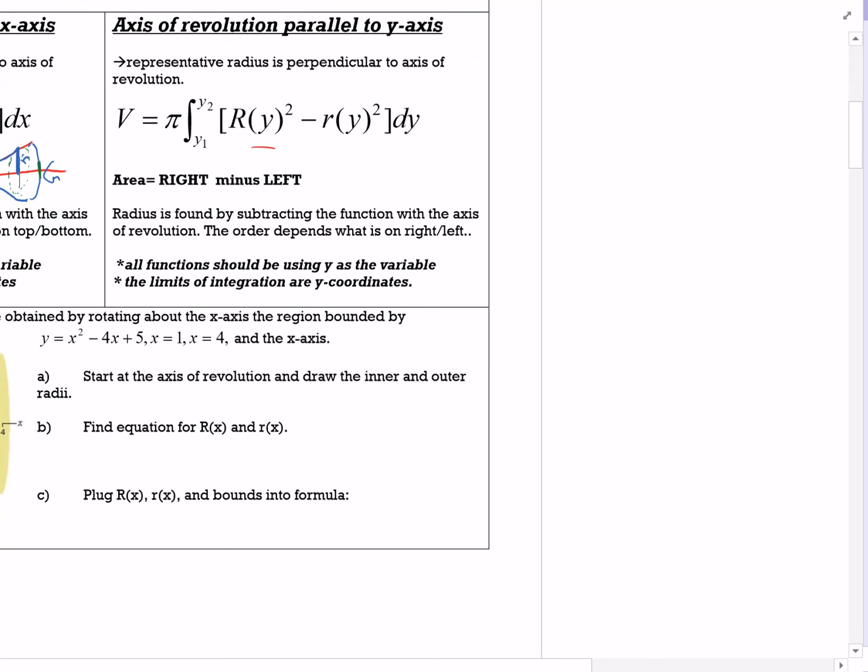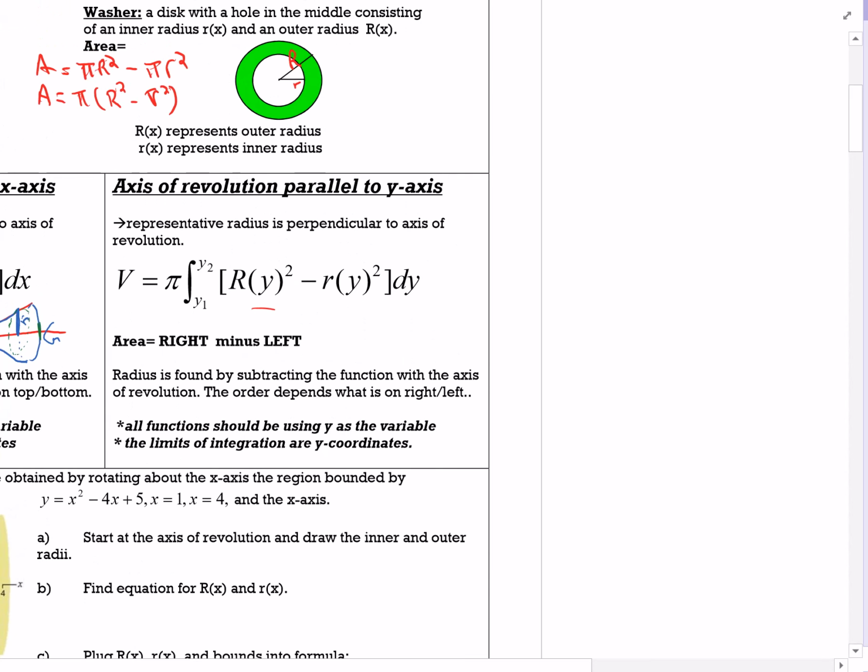Okay, so if we're going in the x direction, the important thing to notice here is all our functions are in terms of x, and the limits on my integral are x values, not y values. And then this pi over here comes from the area of a circle. We're basically using this formula that we came up with up here